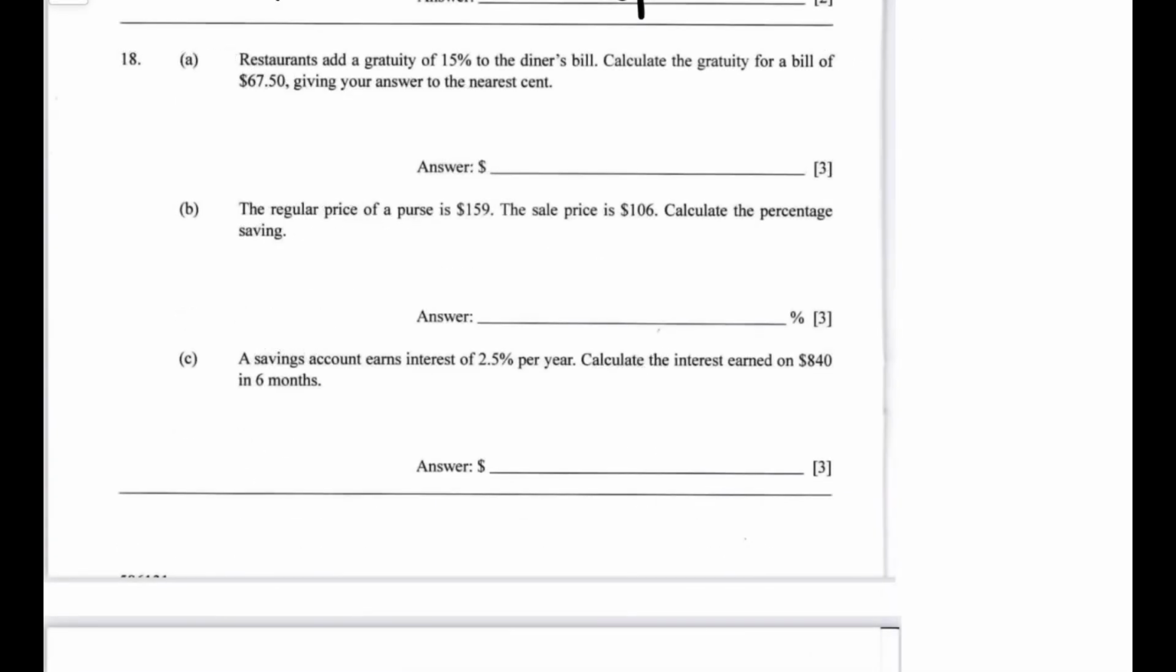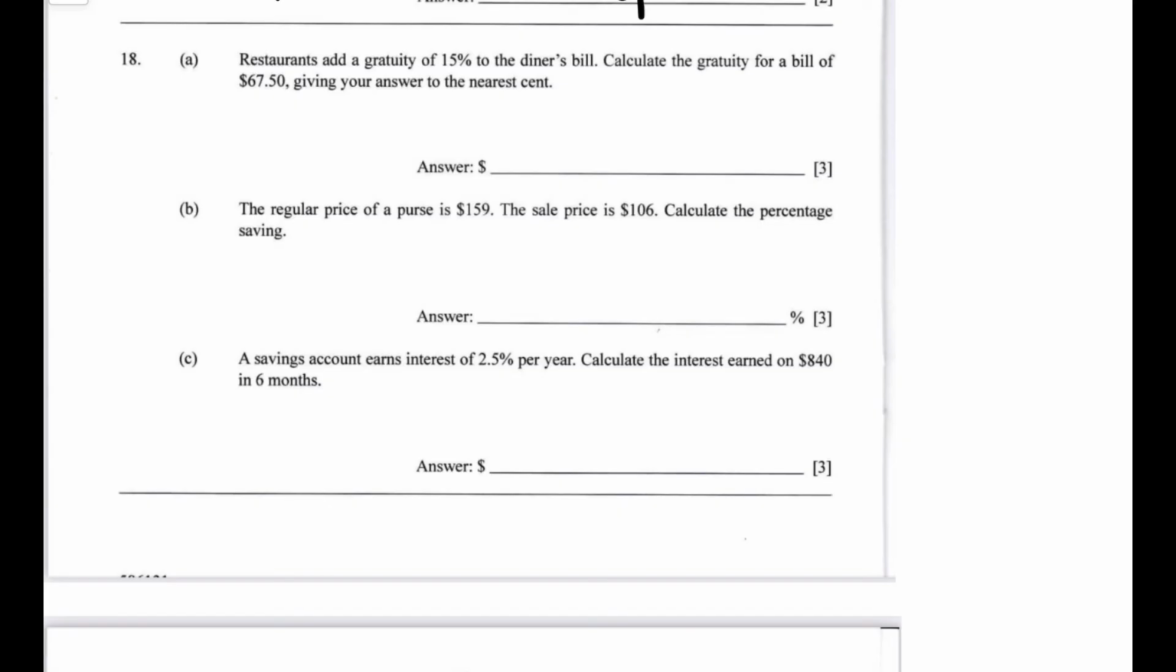Okay guys, so the next few questions deal with percentage. So for 18a, it says that restaurants add a gratuity of 15% to the diner's bill. Calculate the gratuity for a bill of $67.50, giving your answer to the nearest cent. Okay, so for this question, because we know that a percentage is a part of a whole, or a part of 100%, we're going to divide 15 by 100, which will give us 0.15, and then we're going to multiply that by 67.50,